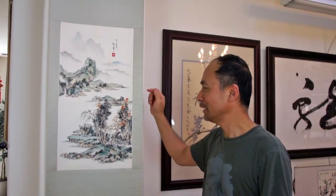Today's subject matter is blue and green landscape painting on thin Xuan paper. Here's the silk scroll we just mounted out of the painting we did in this class, lesson 28. First of all, let's take a look at this label. I just entitled